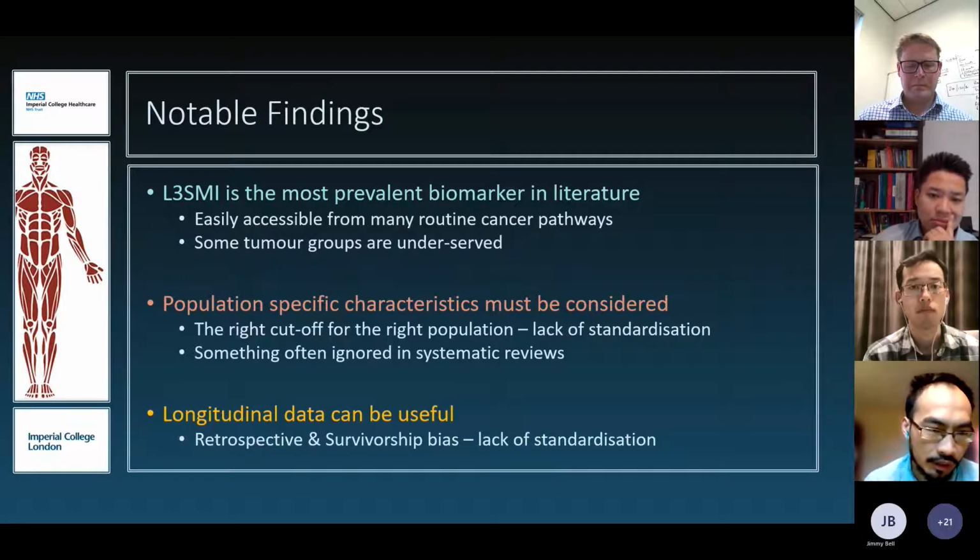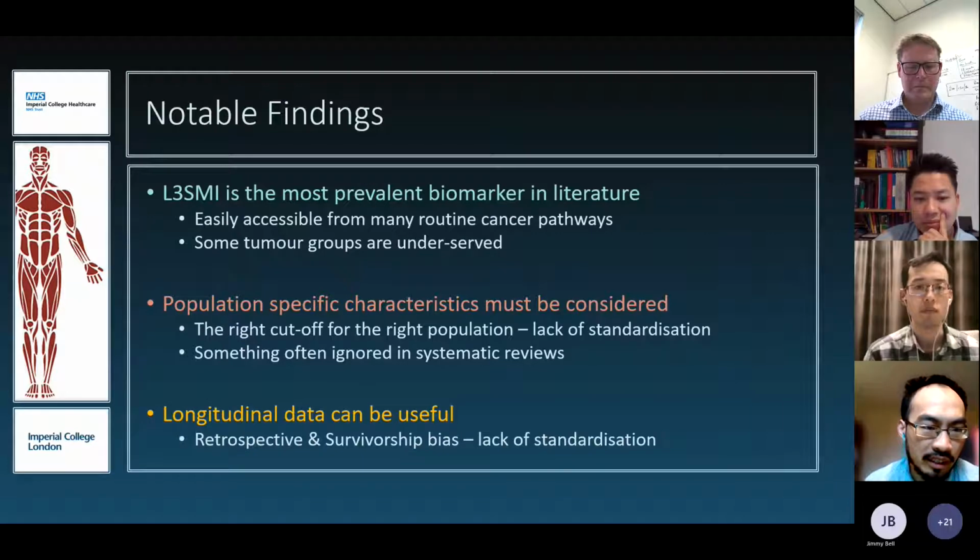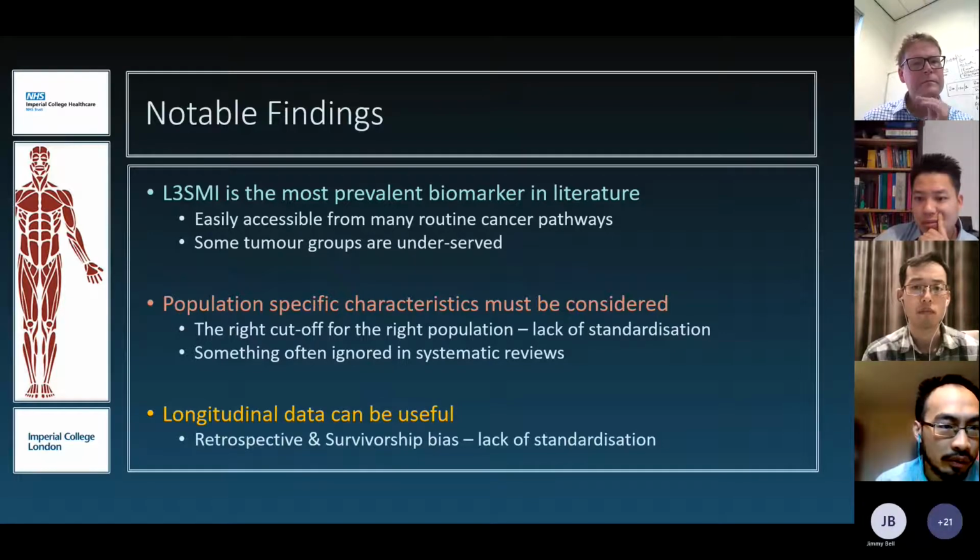So having a look at the oncosarcopenia literature, the main takeaway messages, I think, are these. The L3 skeletal muscle index is the most prevalent biomarker. A lot of cancers image the abdomen, so it's easy to access with the right tools. And because this is at the level of the abdomen, some tumor groups are underserved. For example, if you look at the brain cancer population, where we have a particular interest, we don't tend to image the rest of the body. Cancers in the brain tend to stay in the brain,